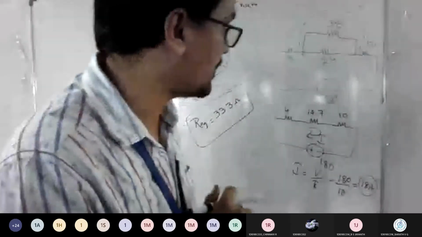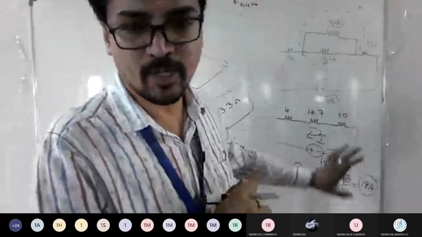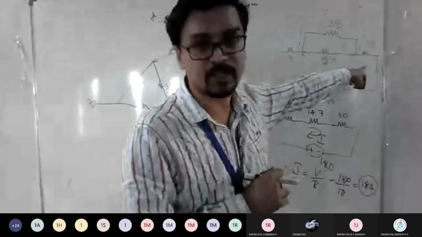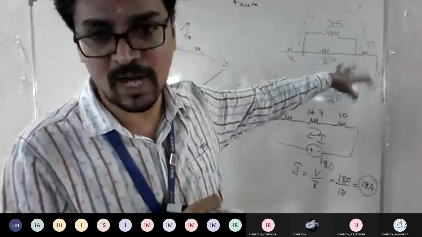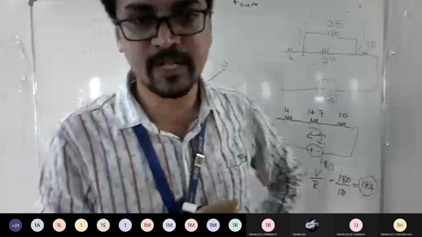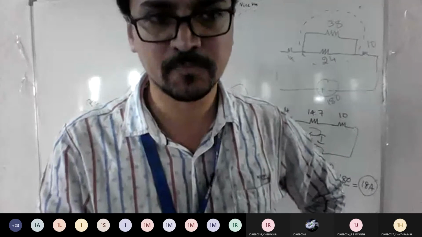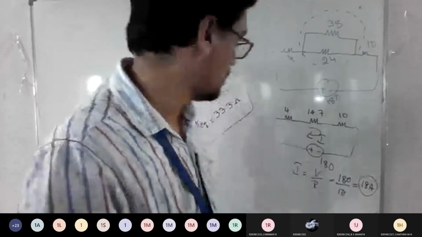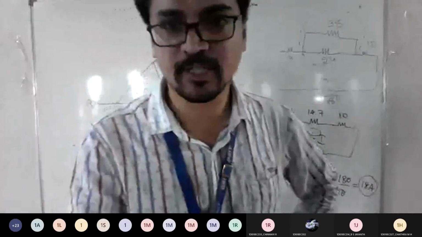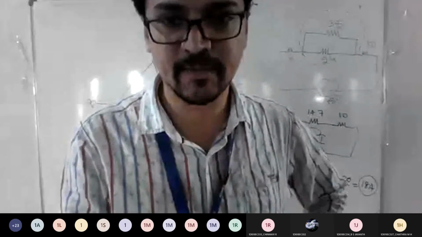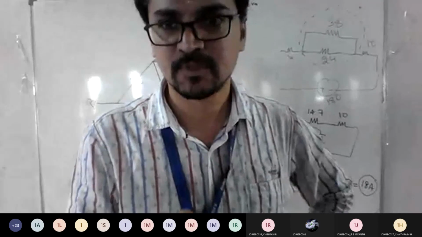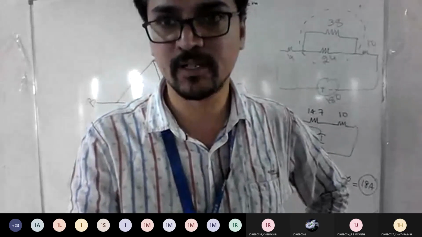So I told you, if they give particularly across 10 ohm, you need to stick to that. You need to keep the 10 ohm as it is and solve. You should not eliminate it like we did in earlier problems. Okay? So in this problem, the question was to find the complete current, not across 10 ohm. Yes, sir. Sorry, sir. Then it will be 180 by R equivalent. Okay? Yes, sir. So the problem was to find the current for the complete R equivalent. So see you next class. We'll go with module number 4.